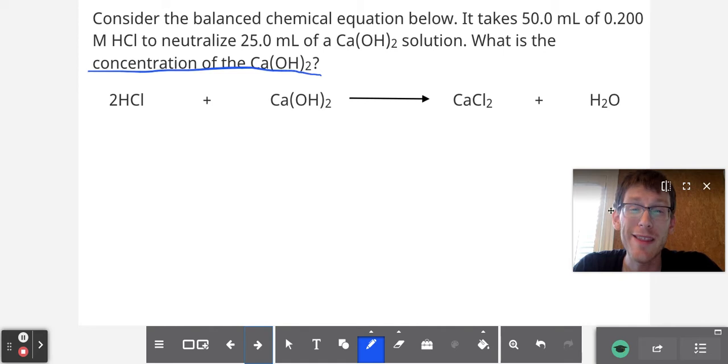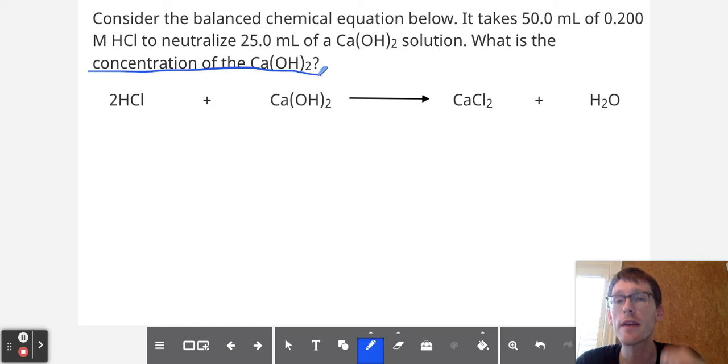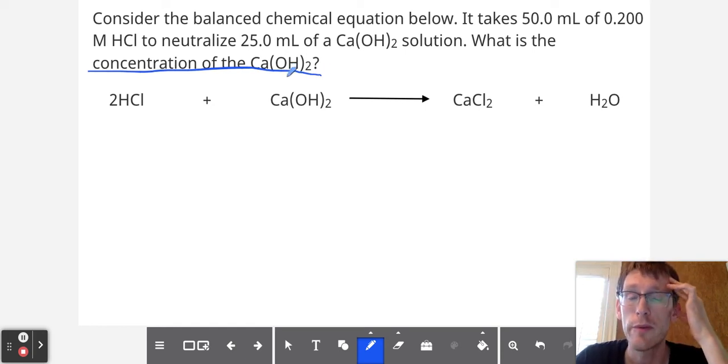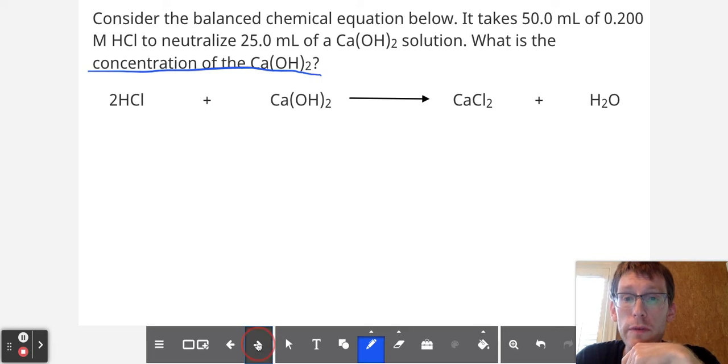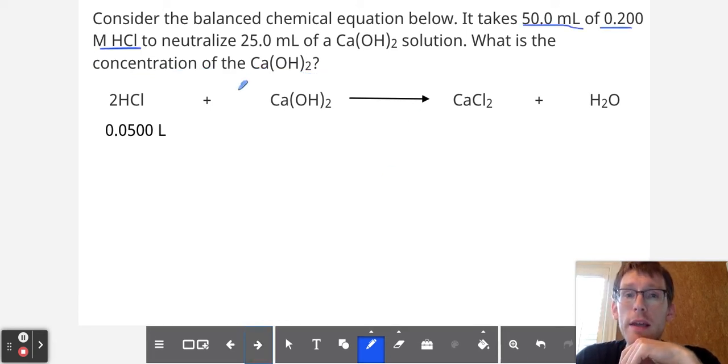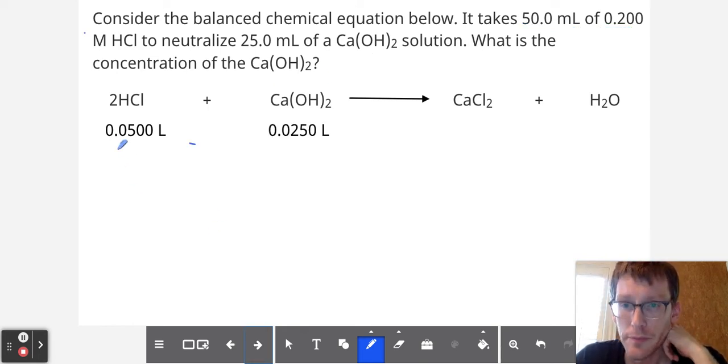Next, we're going to find the concentration of calcium hydroxide in a different reaction. And this is something that's a bit different from what we've done previously, because concentration we've already addressed before. That's a conversion factor. So in this case, we're actually solving for a conversion factor. And if we know that it takes 50.0 mL of 0.200 molar HCl to neutralize 25 milliliters of an unknown concentration of Ca(OH)2, what we need to do is say, all right, we've got the 50 milliliters of HCl,